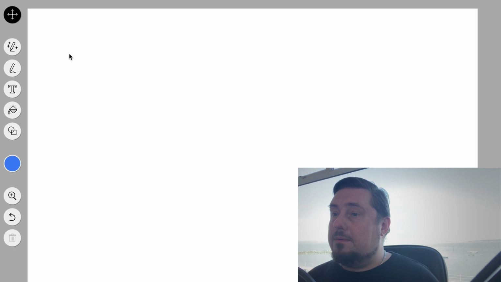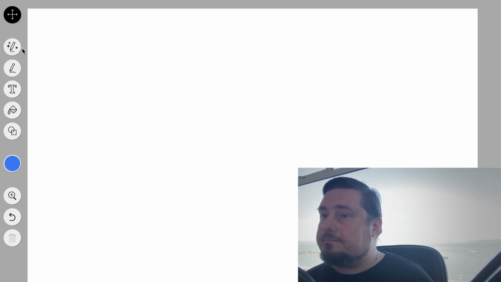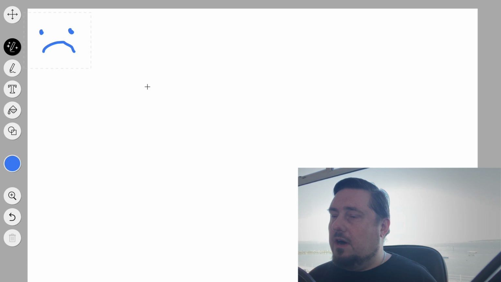So let's map out this customer journey. You can do this too. I encourage you to get a pen and paper, and on one side, we're going to draw an upset face. This is our customer. They're upset, they're not happy, they have a problem that they need help with. And then on the other side of the journey, we're going to draw a smiley face. So you need to take them